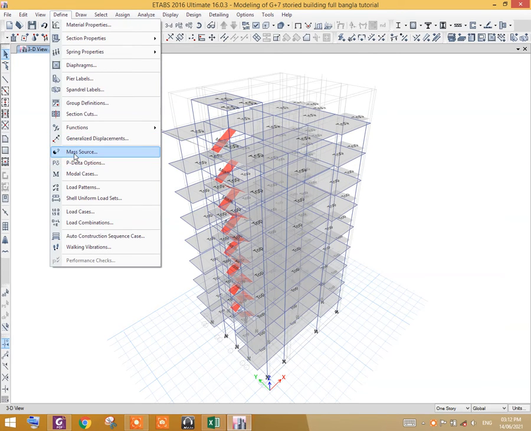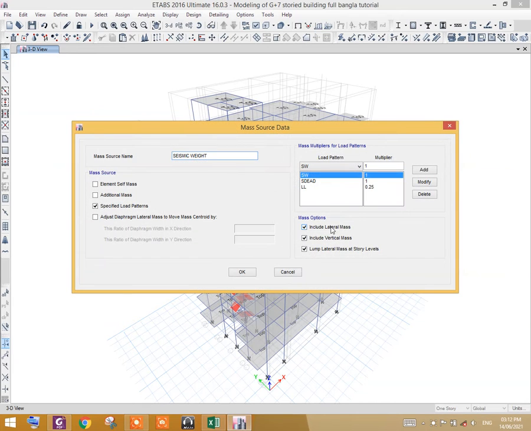Now let us check mass source. Since we are going to perform vertical earthquake analysis too, so guys, please make sure that you are ticking include vertical mass.